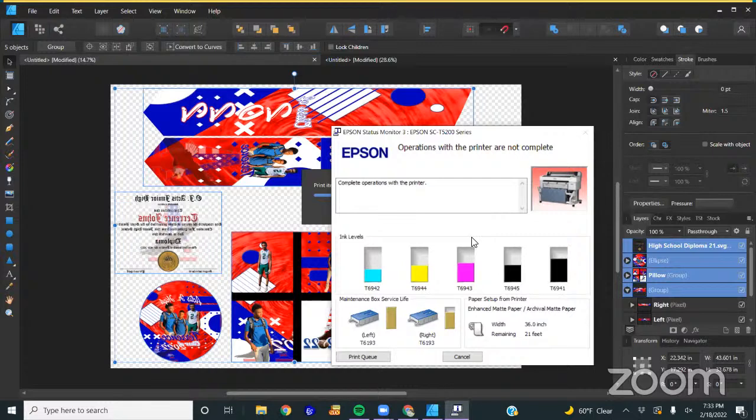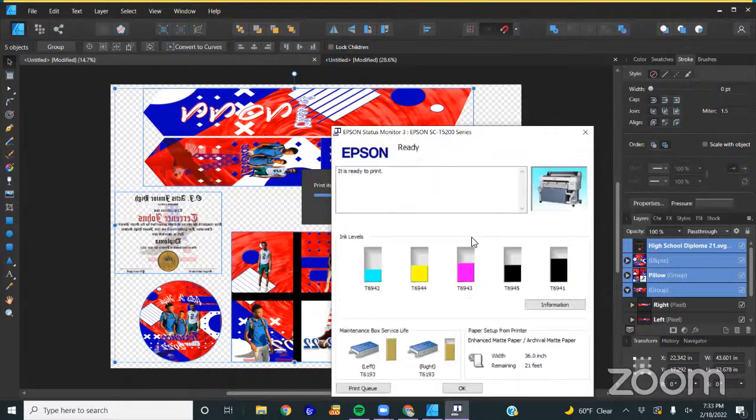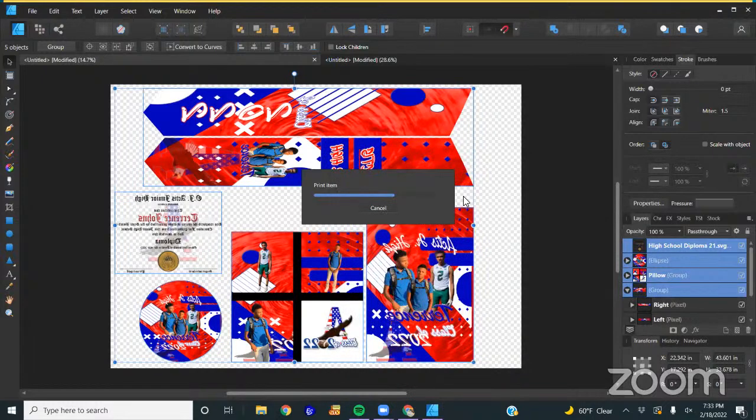So now it says it's ready to print. Now the dialogue in the background should be finishing, so that way it can go to the printer. And while this one is printing, because it is going to take a little bit of time, it's not the fastest. It ain't slow, but